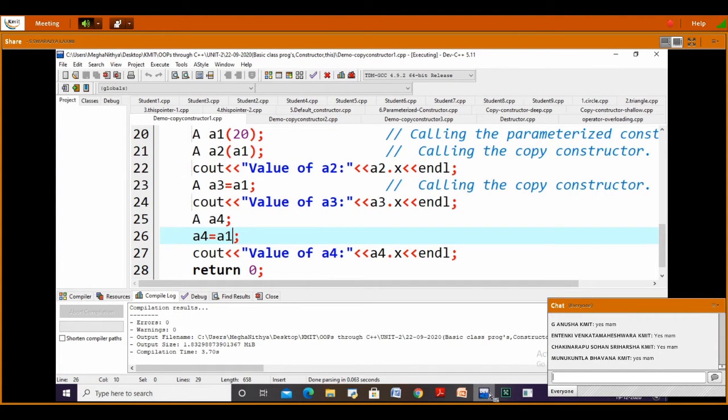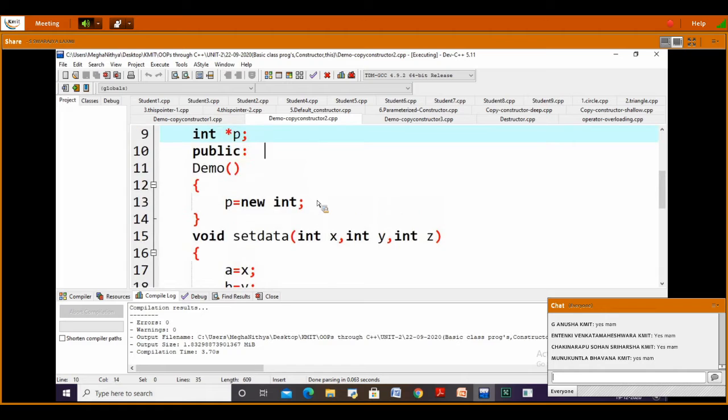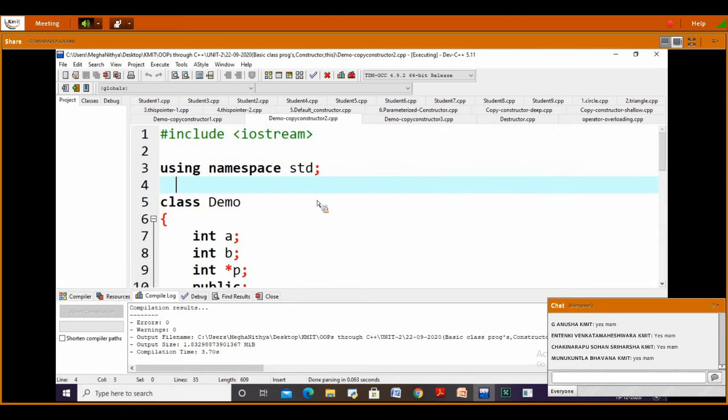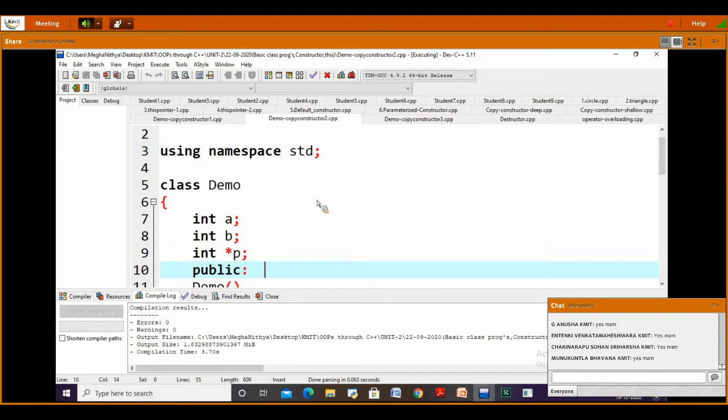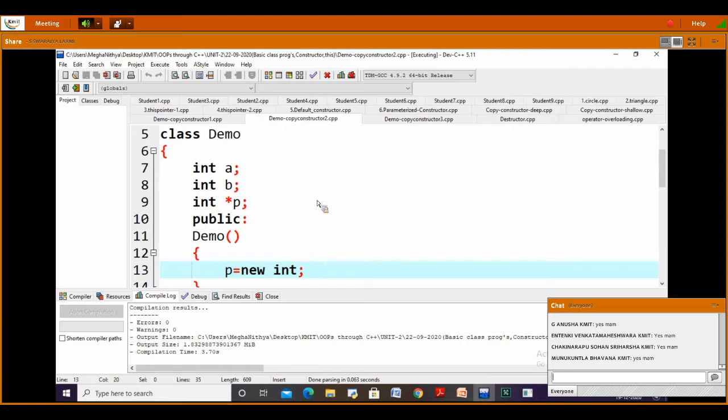Then we have one more example for the copy constructor. I have A and B, these two are members of a class, and I'm declaring a pointer. We'll come to know what is the use of the pointer.